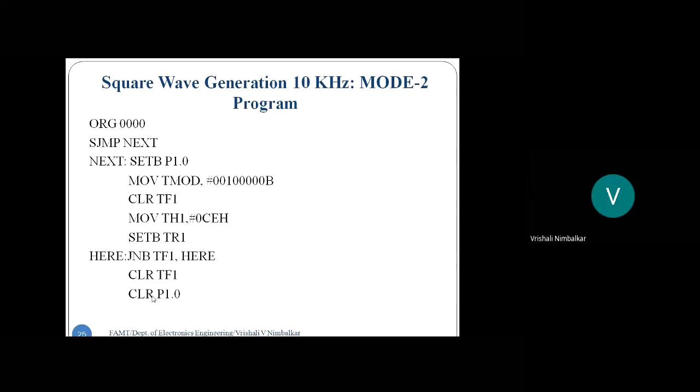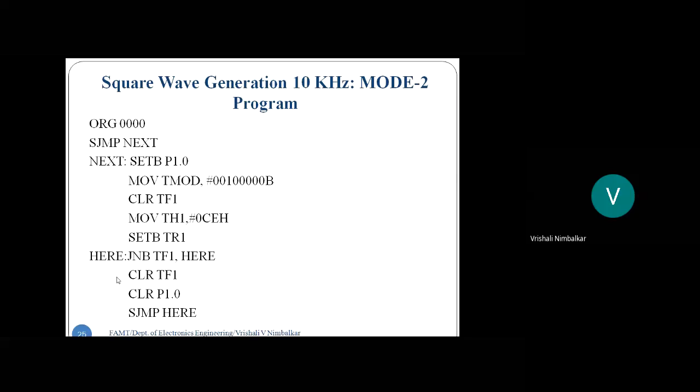So it means after sending logic 0, what do I need to do? I just need to, that auto reloading is going to happen on its own. The count will be loaded again. The timer is already in the counting operation. So where do I need to jump? I just need to jump to check whether there is a second overflow occurring or not. Correct? So after clearing the P1.0 bit, I need to go back to which instruction? Jump if the overflow flag is set or not.